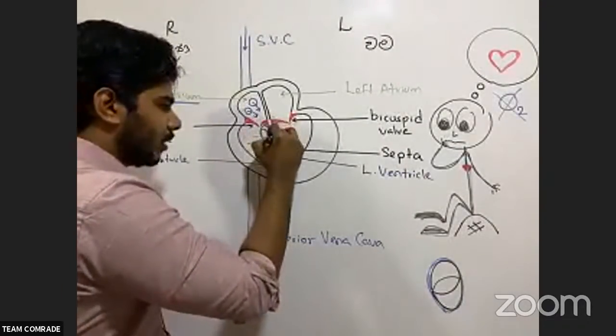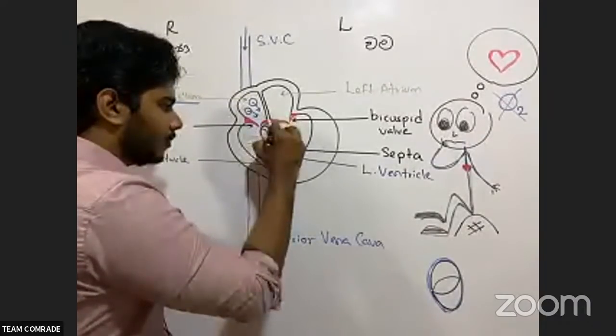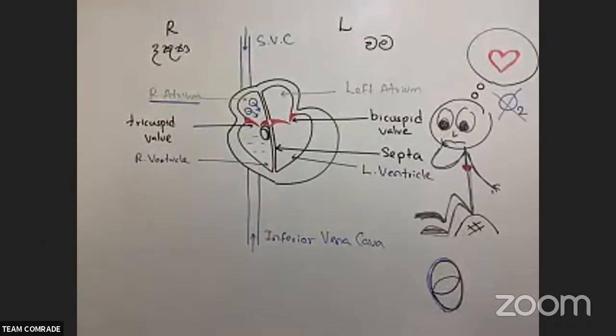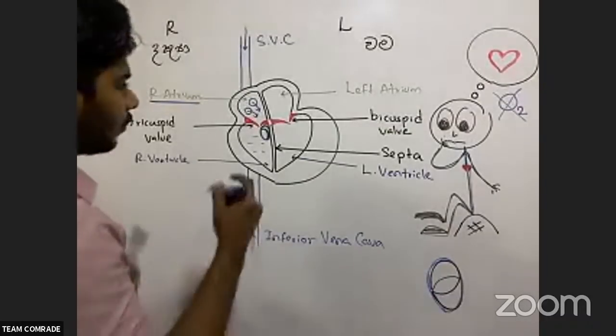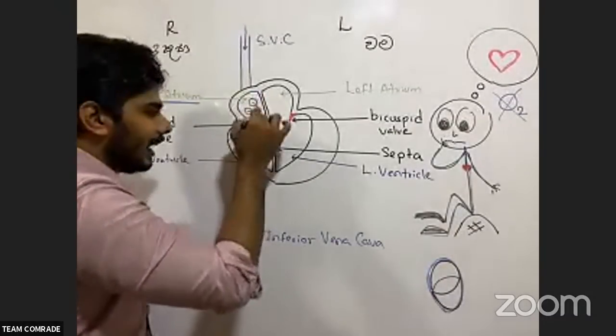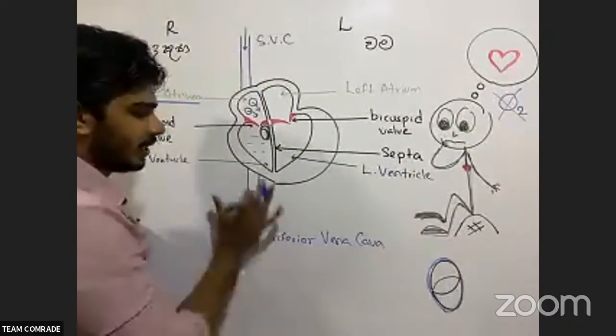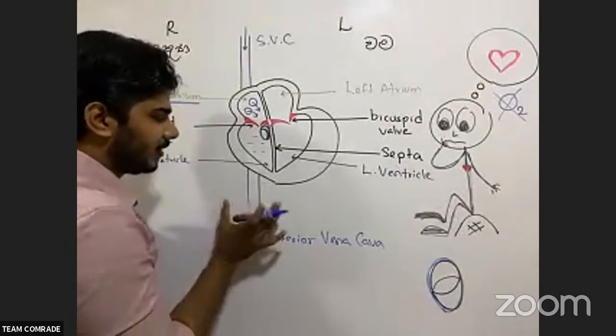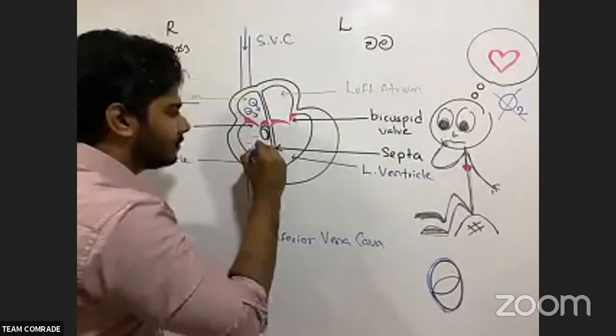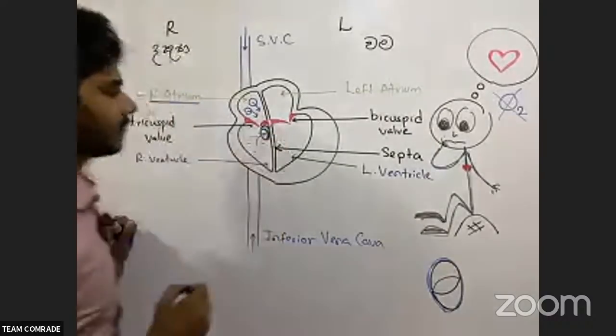Then I will tell you how the lub comes. So that's why I won't tell you now. So two semilunar valves are there. I'm only doing one. Now what happened? The blood came down here. The used blood is coming from the entire body, and after coming here, so what happened? This blood is going to enter in here.